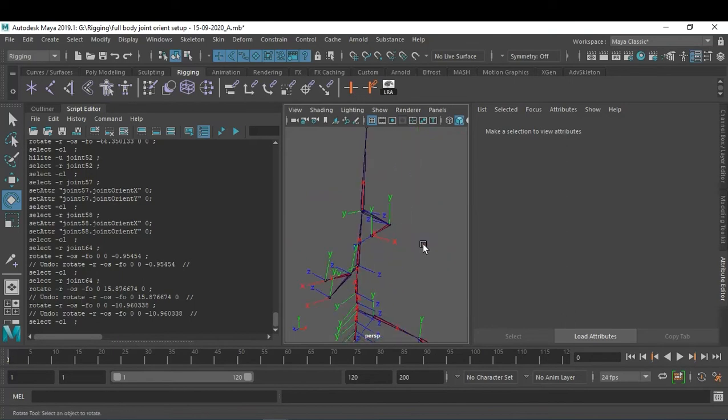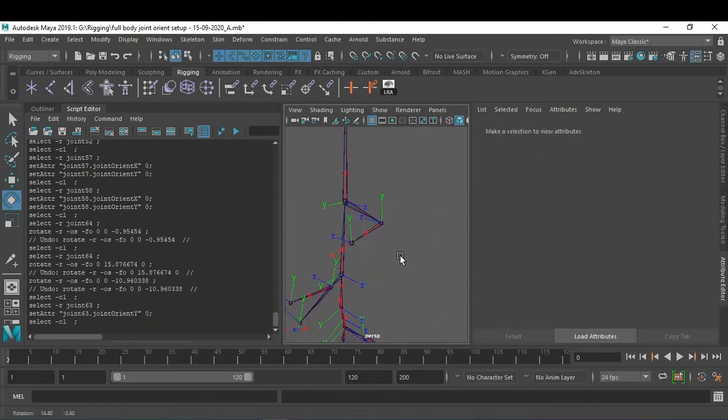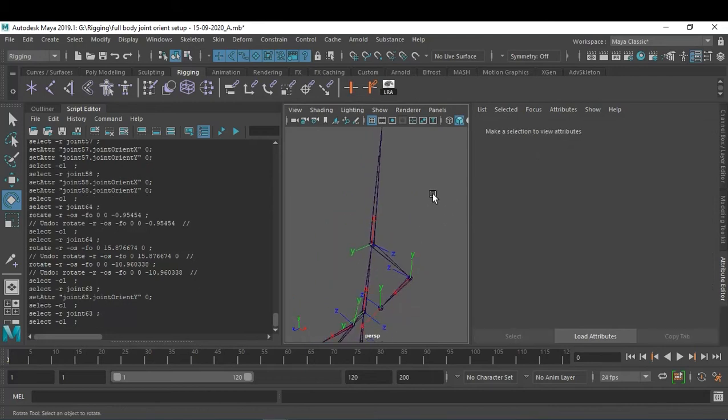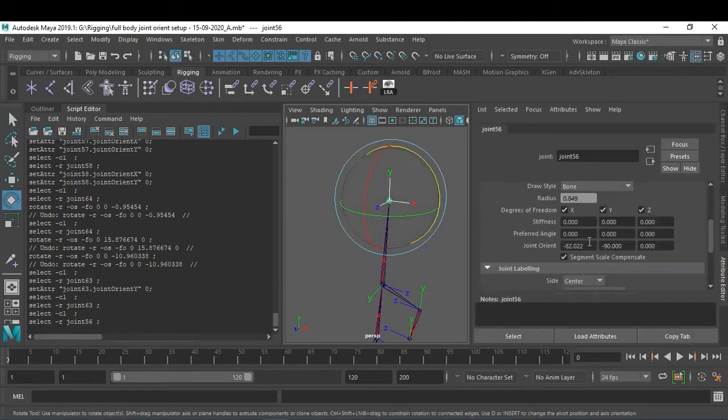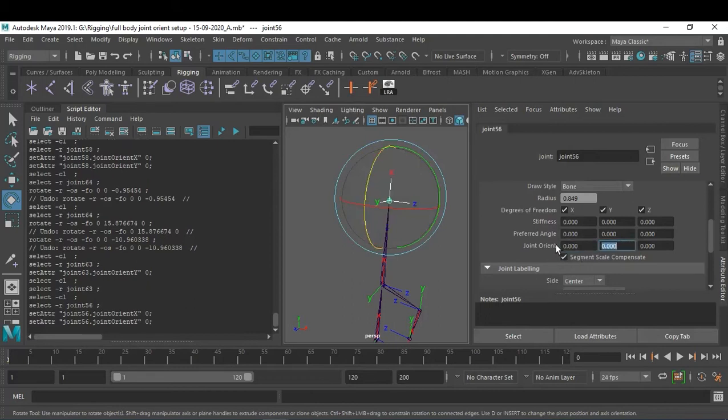So just take another one. Just say joint orient 0. So you don't have to work on the axis value basically. For the end joint, just set the joint orient to the default value. So just say 0, 0, 0, that's all. And I think we have to do the same with the end joint also. The head joint, basically, this is your head joint, and done.